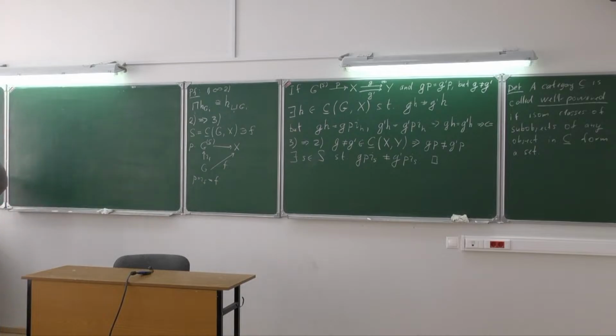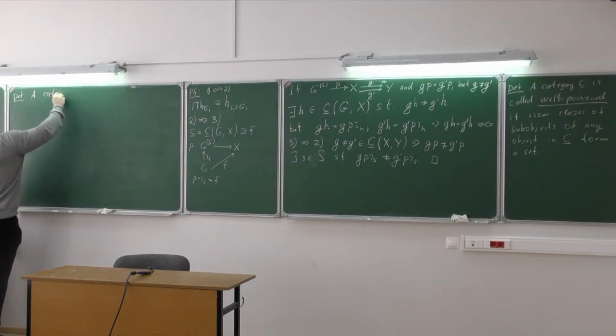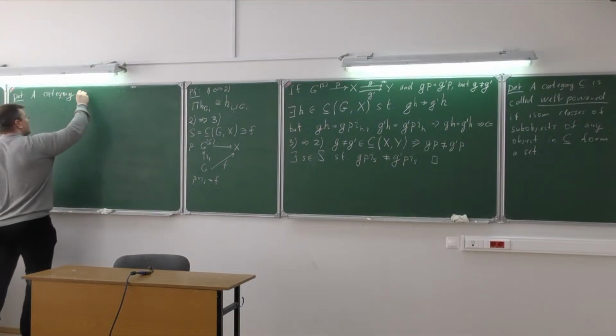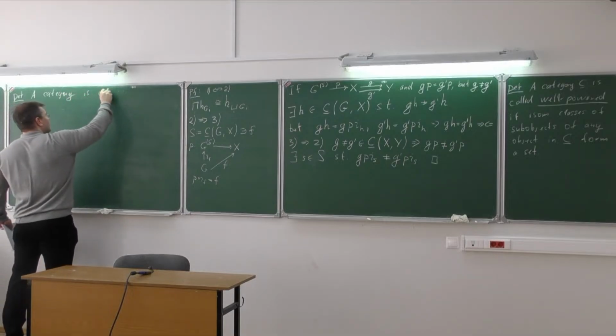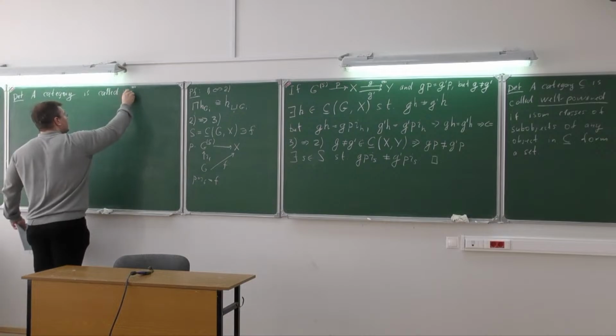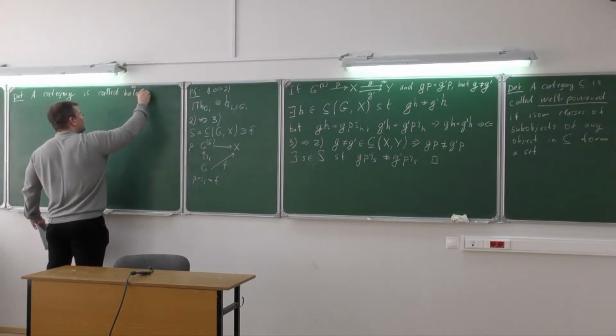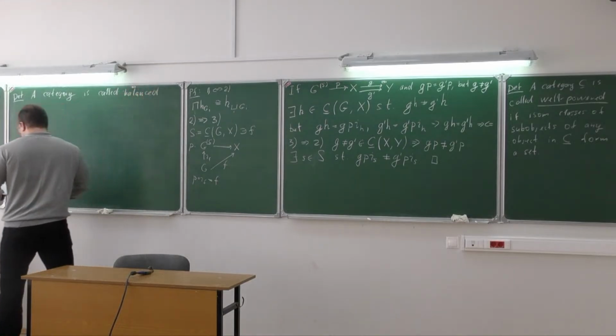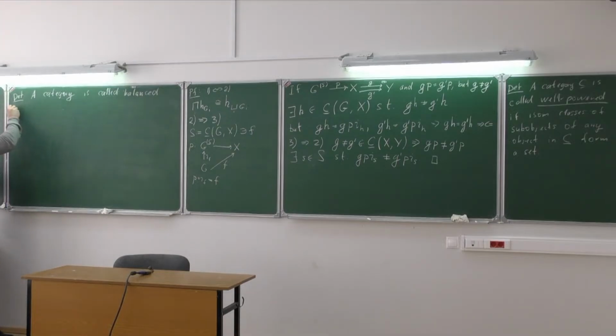And another terminology that I'm going to use is the following. The definition, which is really just a terminology: a category is called balanced if a map